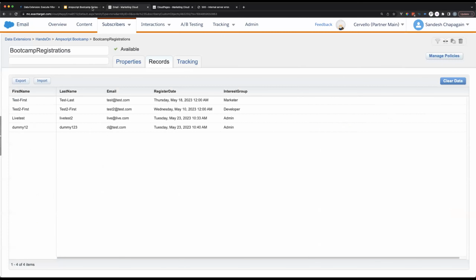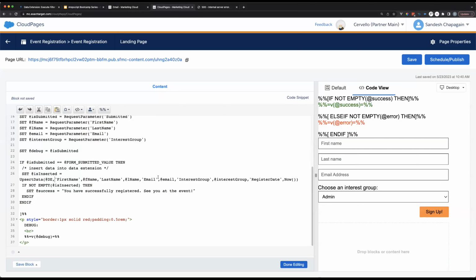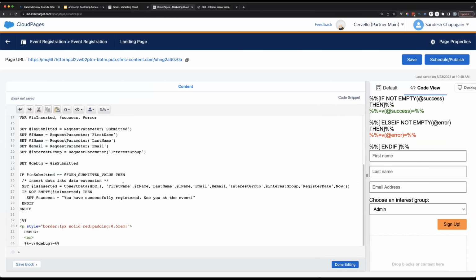If instead of insert data we had used observe data, expecting that user behavior, then we would be all set. However, you might have noticed that, like I said earlier, the syntax is slightly different, because insert data does not really need that column to check the row for. What we do in observe data is ask it to only check one column, and then we'll move this email field to the front because this is the primary key that we want to match on. Right? So observe data checks if the email already exists. If it does, then update all the other fields. Otherwise, insert.